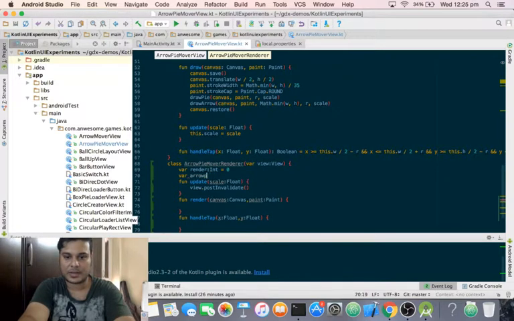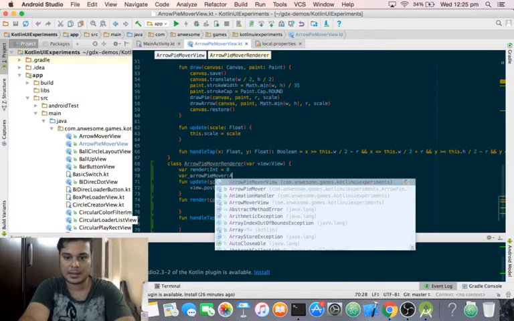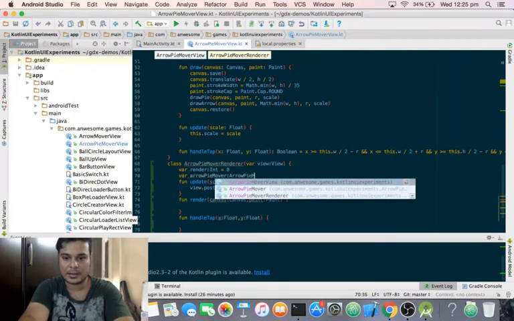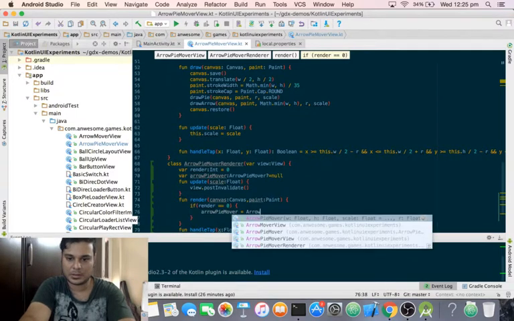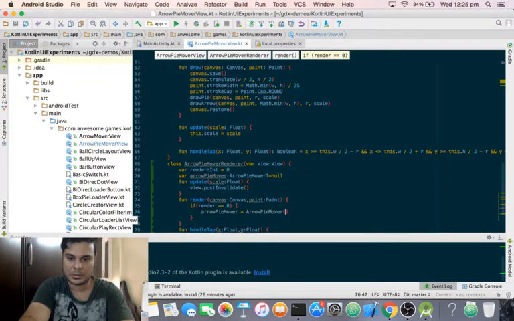As discussed, we'll have an arrow by mover. Its default value will be null. We'll declare it when the rendered time is 0, and arrow by mover,